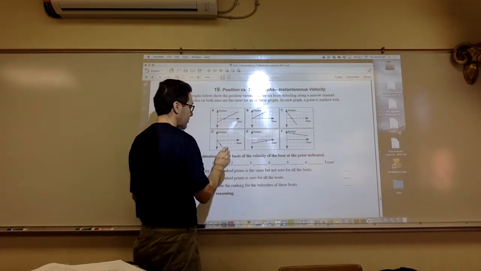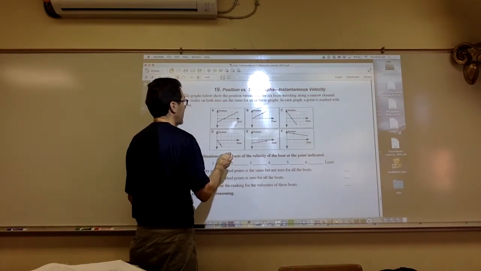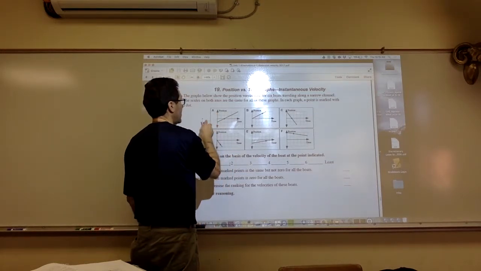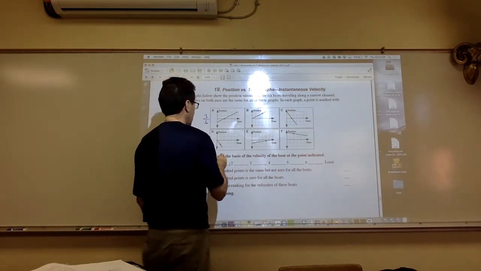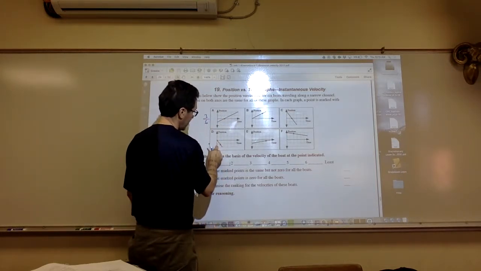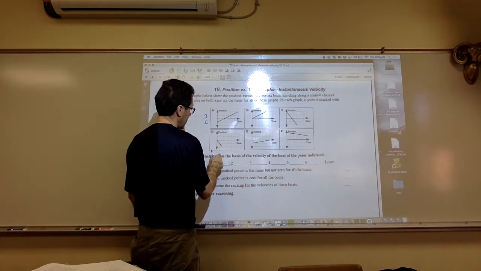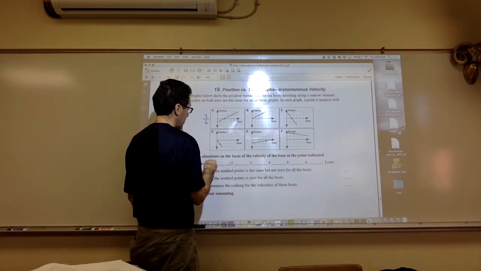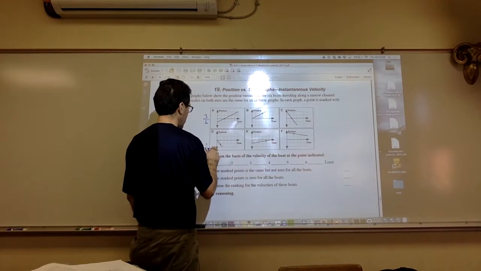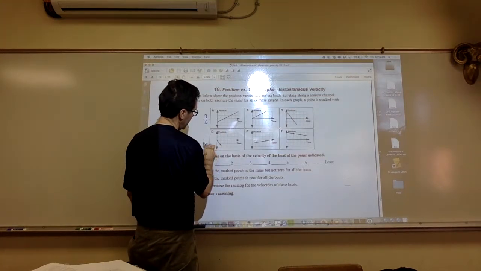It doesn't say the magnitude of velocity, so the negatives do matter here. So it's 1, 2, 3, so that's 3 over 6. This here, I'm just going to find the slope of this whole thing. And the further apart the points are, the better value you're going to get for the slope. So it's going to be definitely negative, and it's going to be a drop of 2,